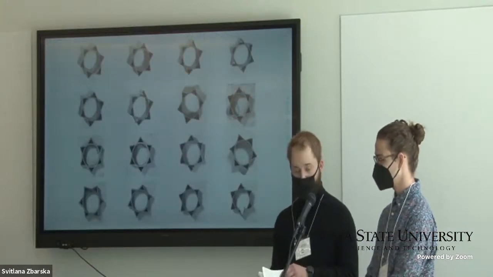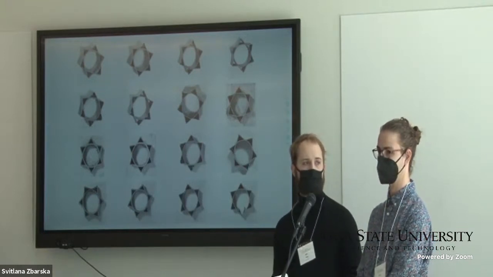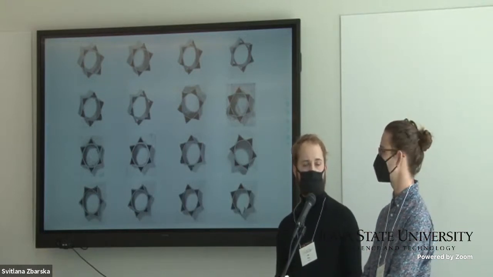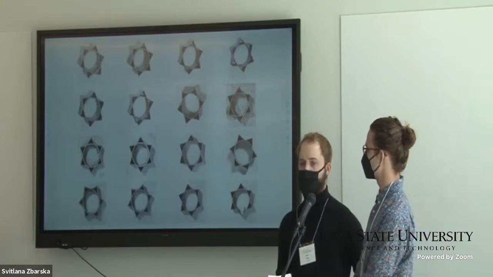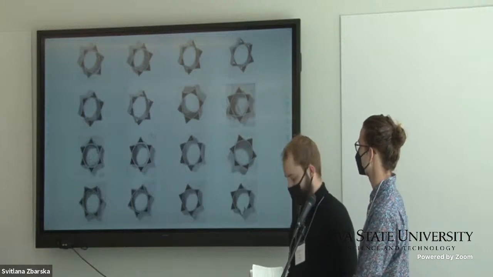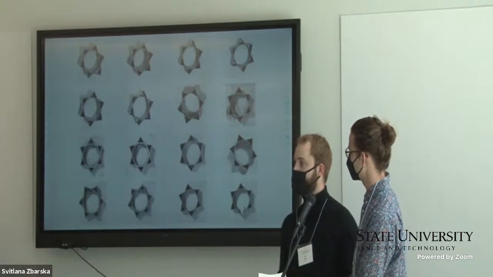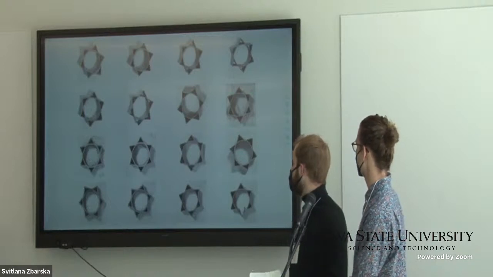So utilizing this workflow and all these variables, we started the construction of a 6-foot column using entirely clay for the concrete formwork. And so we did this in modules. So these are the 16 lattice modules that we printed and used to construct our final column. As you can see, they all use the same parameters.